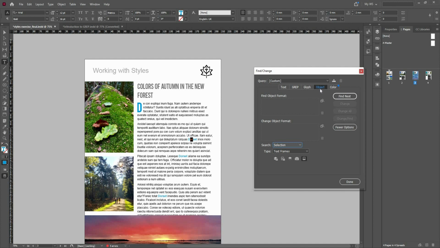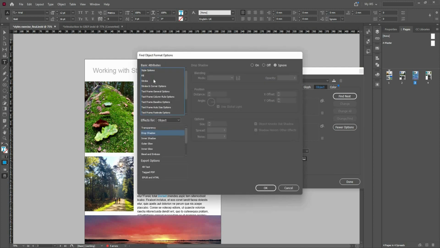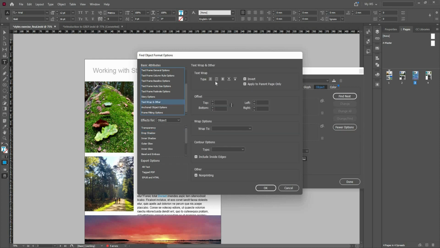You can also look for anything based on object style, for example, but even any of these attributes can be selected. So maybe you want to quickly remove all the text wrapping from here. Yeah, text wrap. Maybe if you want to remove this from the document, you can just choose text wrap within the document. Now if I set this selection to select the document,